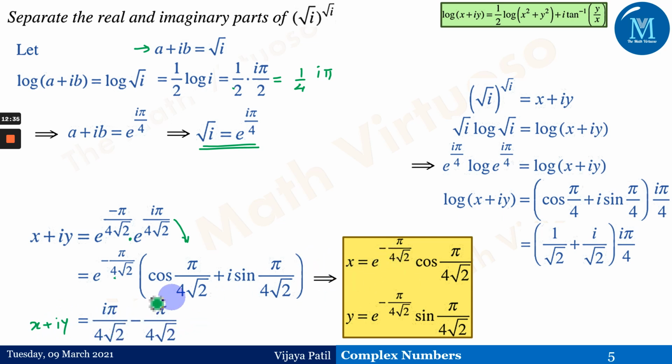So that's the reason actually, yeah, this can also be done, but I think it's not required here. So this is not required here actually. We will not make use of this, and we'll be going with this. So it's e to the power minus pi upon 4 square root of 2 cos of this, and this is y with the same sine pi upon 4 square root of 2. So we'll not be going for this particular thing.